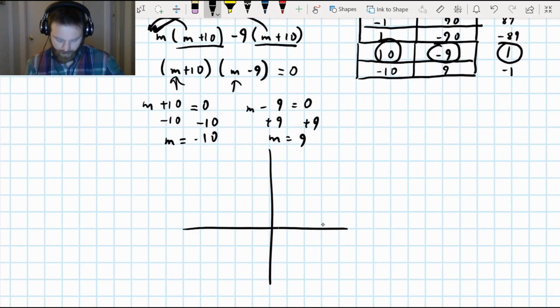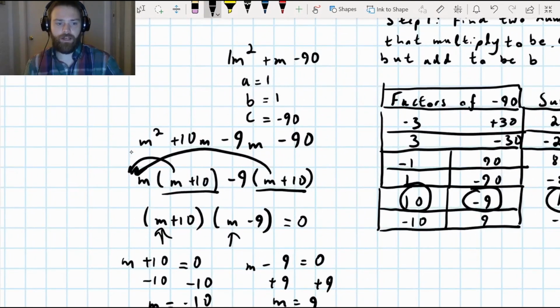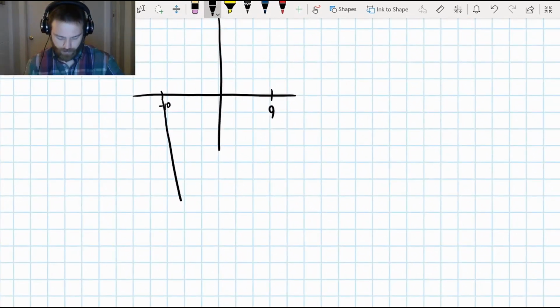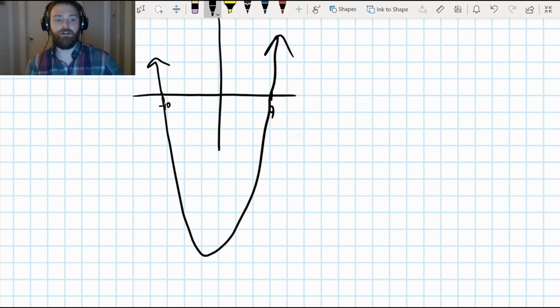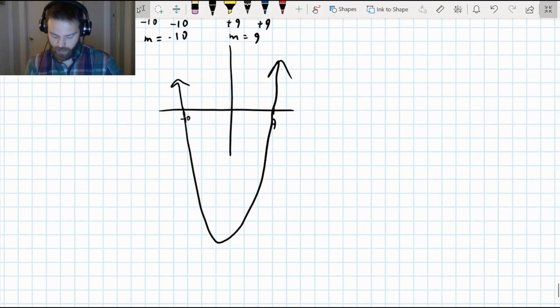And if that's the case, positive 9 somewhere over here, negative 10 is like right there, something like that. And then my quadratic, my a term was positive, so my quadratic should be concave up, so something like this. So if you graph that in a graphing calculator, you'd see something like that. Okay, so that's what my quadratic looks like. So just to recap, right,